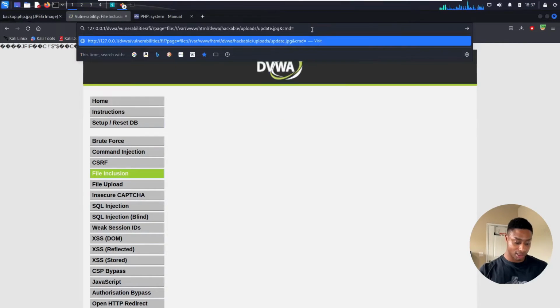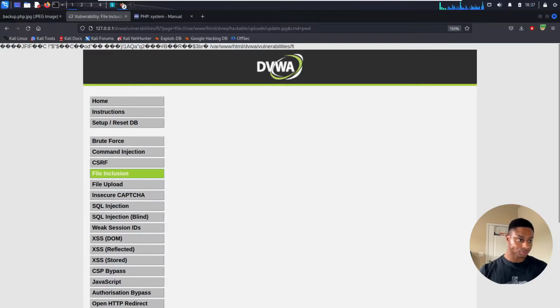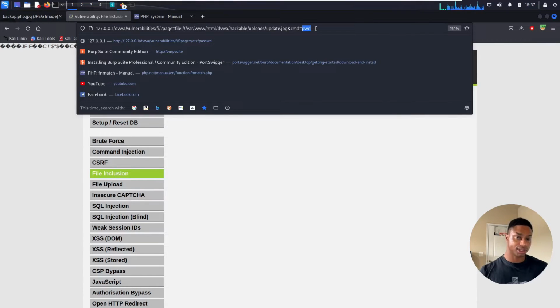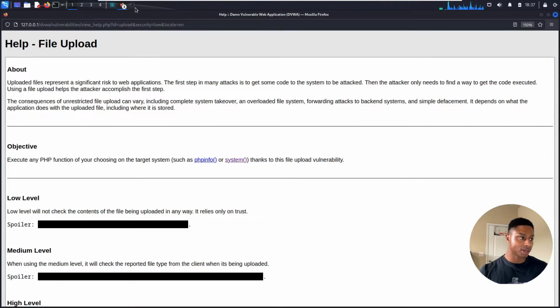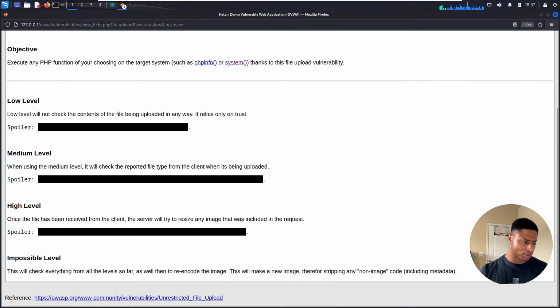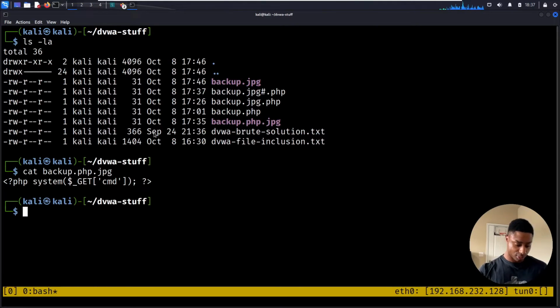And we can change this to whoami, or ls. So I could just do a current working directory. We see that here. So we did it. We were able to get remote file execution. So that worked. That was super cool. And if we just want to clean up, or they even have like the spoilers and stuff like that. But if we want to clean this up,